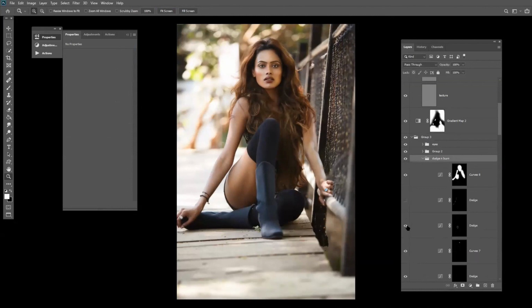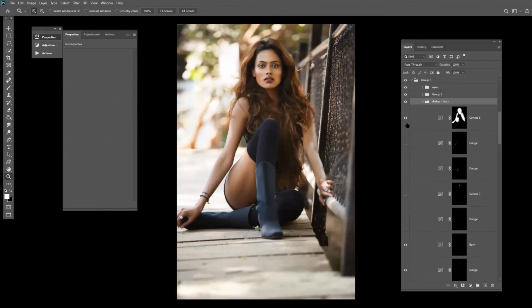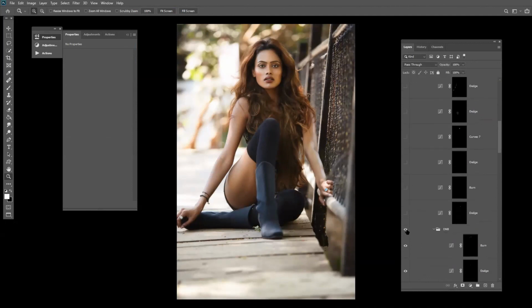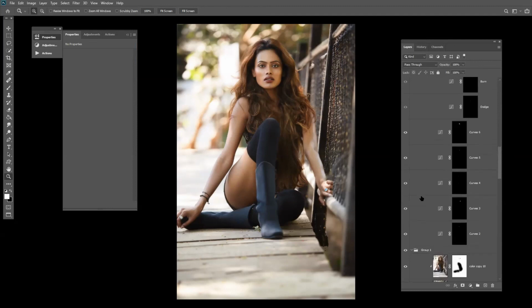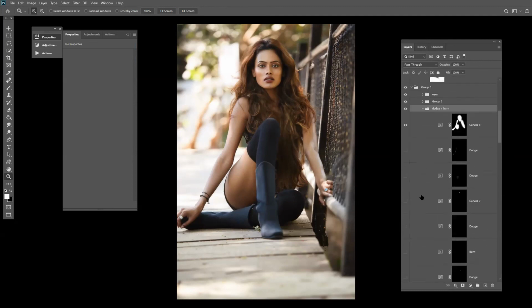Like I only work with the enhancement layer. I've completely switched off all the dodge and burns. Right now I'm only using that one enhancement layer.